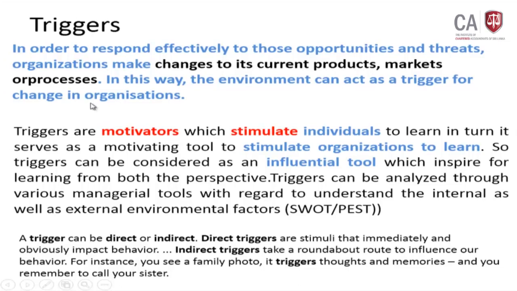There can be so many environment factors that have triggered the organization to go into e-commerce, e-business. Earlier everything was manual, so what triggers them to go into e-business is that they can expand to the global market. So the global market factor has triggered them to go into